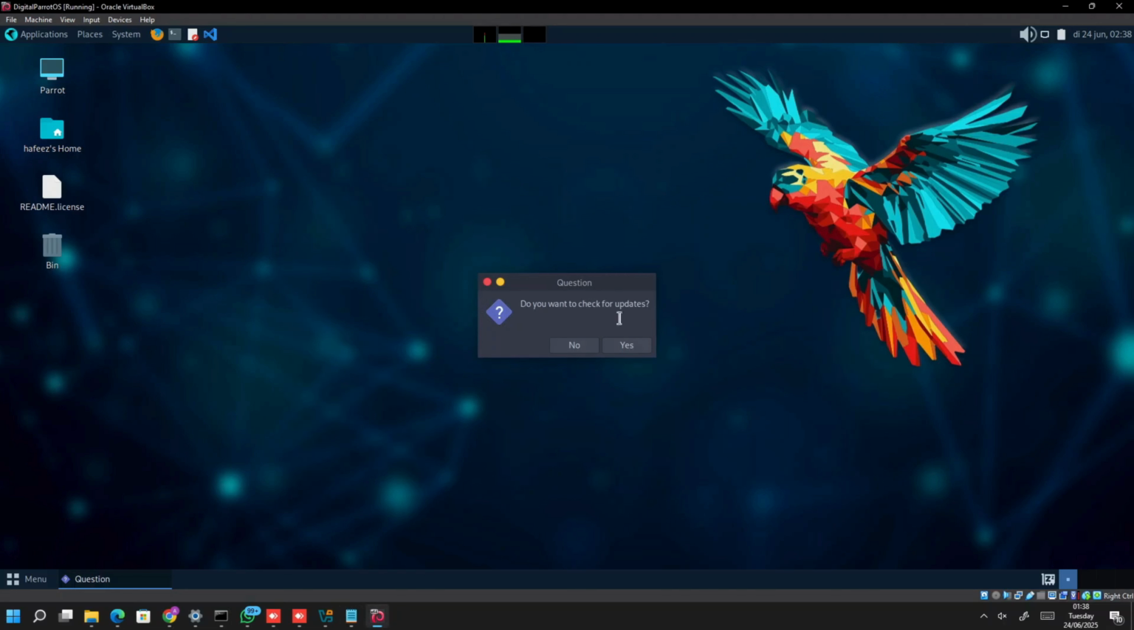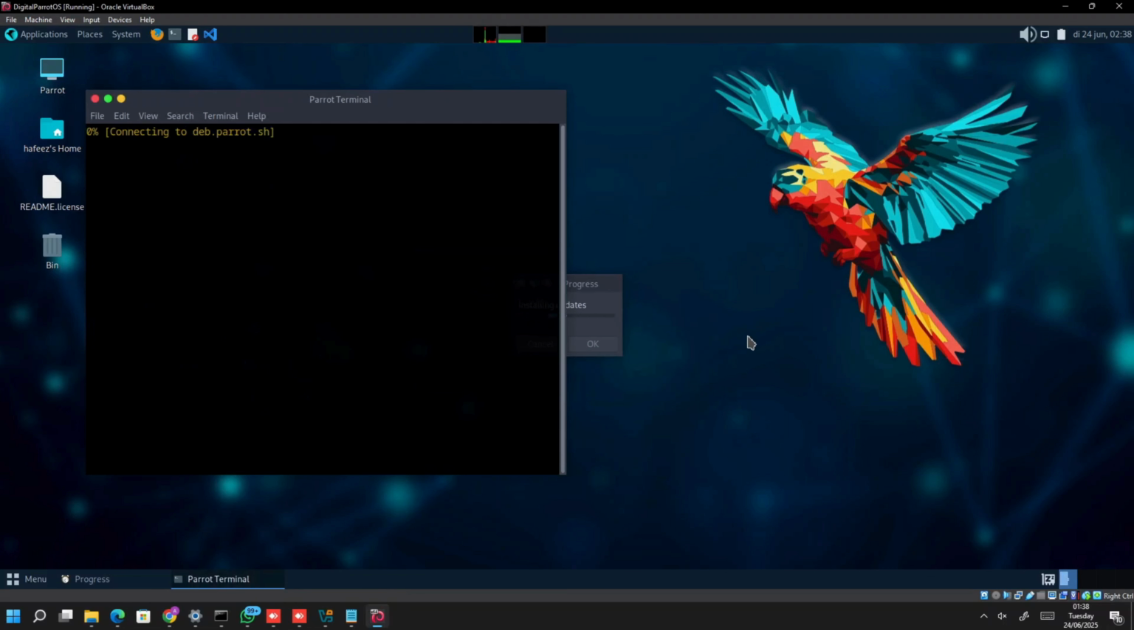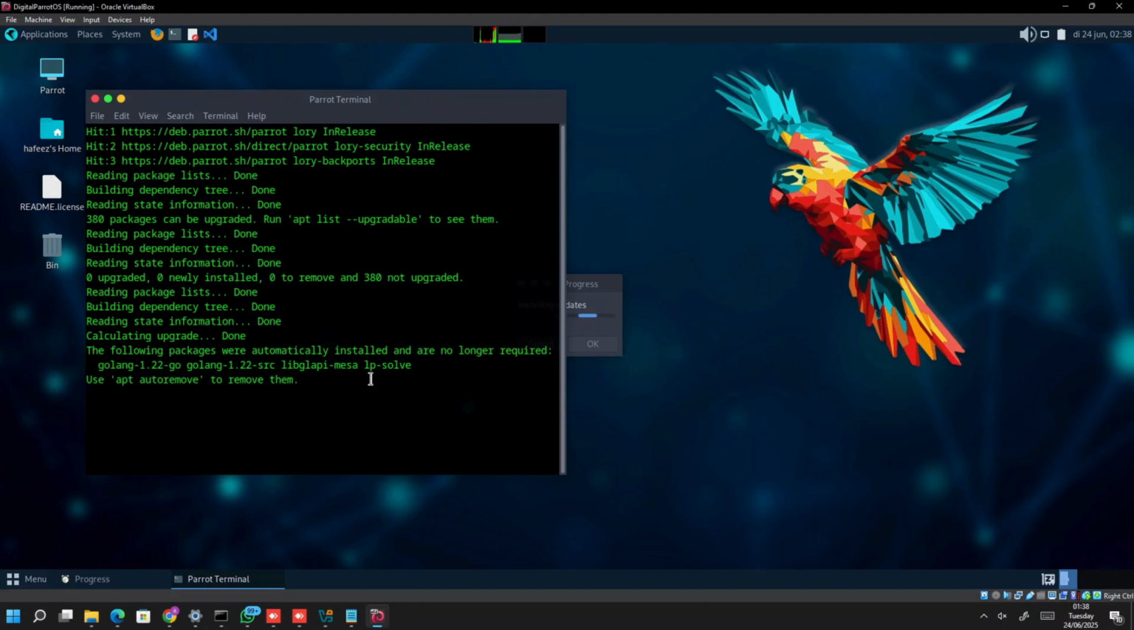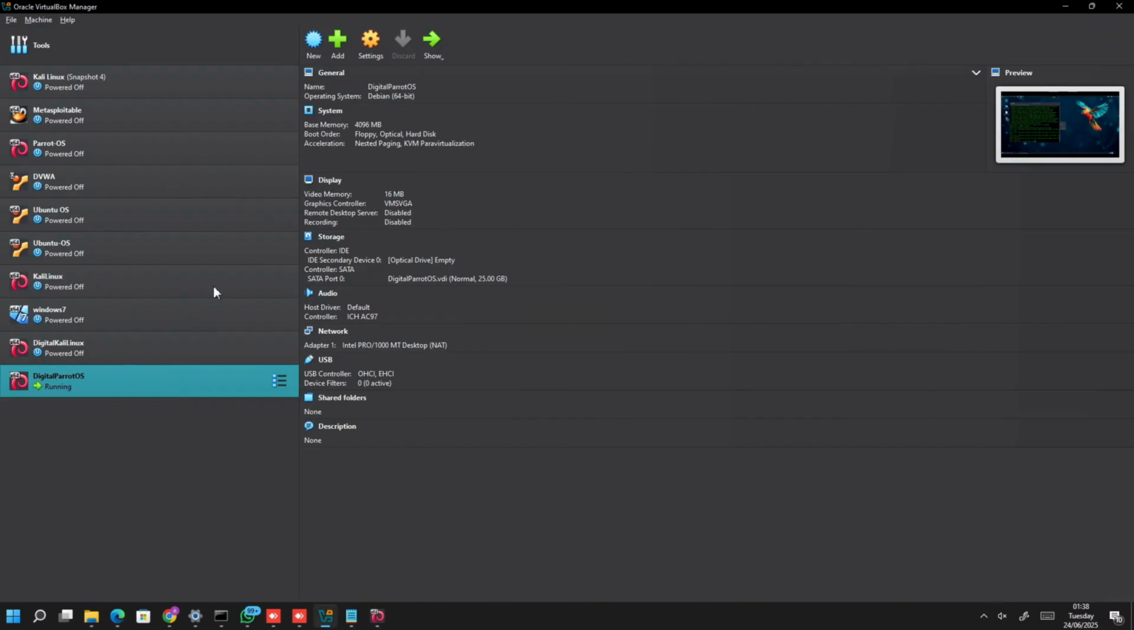Going to let this check for updates. All right, so I recommend you do this. So I'm going to click on yes to check for updates. I'm going to put in my password to authenticate, so allow that action to continue. So I'm just going to let this update run. While that is running, let's minimize this and then